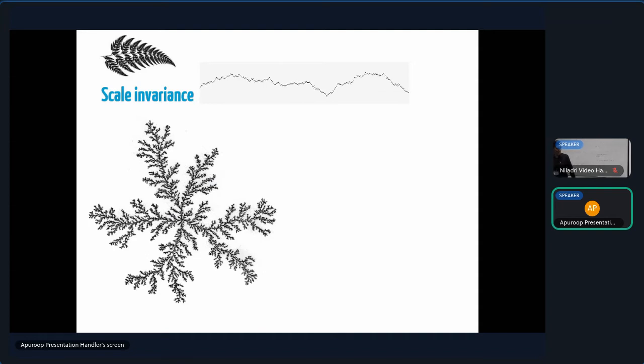The first of these properties is called scale invariance. Scale invariance is something that looks good when you have pictures like this, like fractals, where as you zoom in, the shape or the figure looks identical, whether you zoom in or zoom out. So we will talk about scale invariance in the context of distributions, and we will see that a certain variant of scale invariance actually corresponds to an important class of heavy tail distributions.